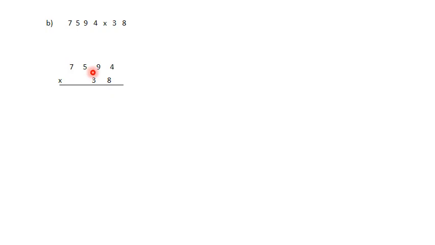Now 7,594 we are going to multiply by 8. Let's multiply. Okay, look here. Here I have done 8 4s are 32, 8 9s are 72, 72 plus 3 becomes 75. This we have written here 75. 8 5s are 40, 40 plus 7 becomes 47, 8 7s are 56, 56 plus 4 becomes here 60. Now this number we'll write down here in the first row, and this carry forward also we'll write down here as it is.